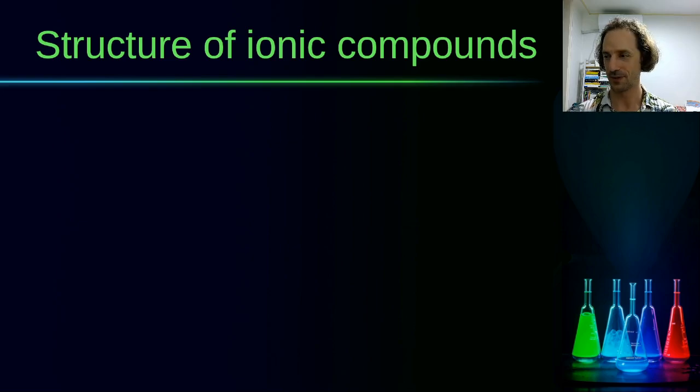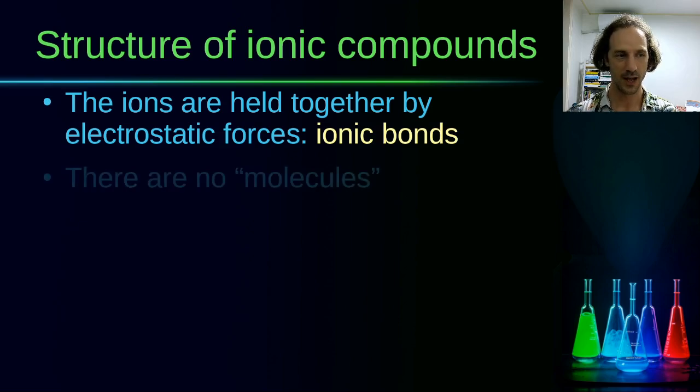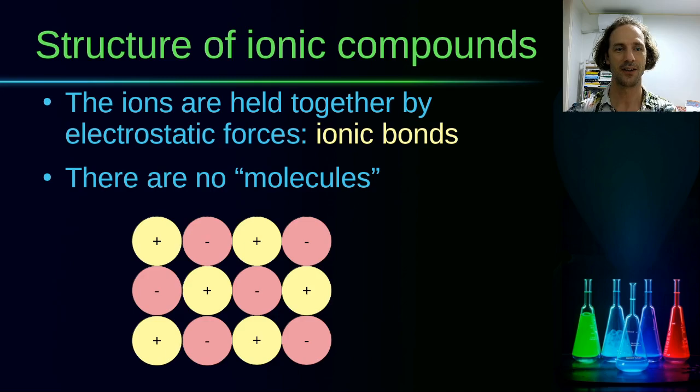What is the structure of these ionic compounds? Well, from the physicist's perspective, these compounds are held together by electrostatic forces, but in chemistry, whatever holds atoms together, we call those things bonds, and in this case, these are ions that are held together, so we call it ionic bonds. And there are no molecules in the modern sense in an ionic compound. Based on the definition by Avogadro, one could try to come up with a smallest division of these ionic compounds that would still keep the chemical properties, but we don't really consider that in ionic compounds,